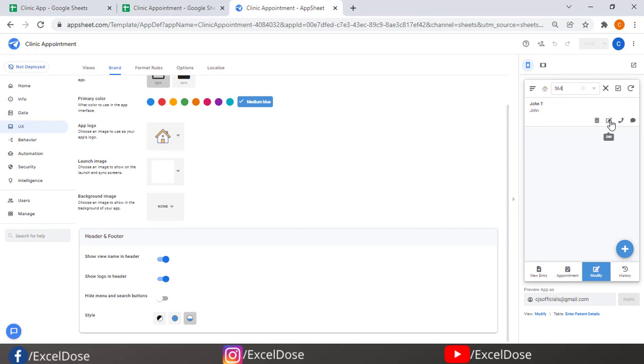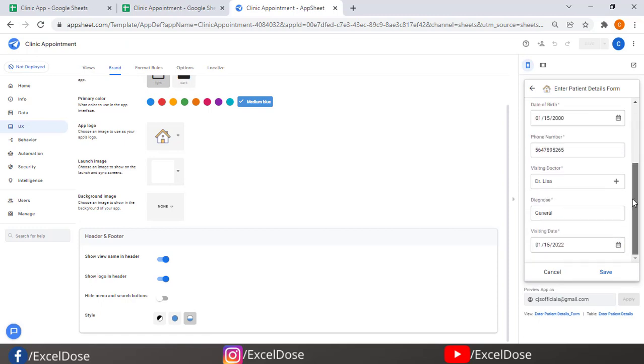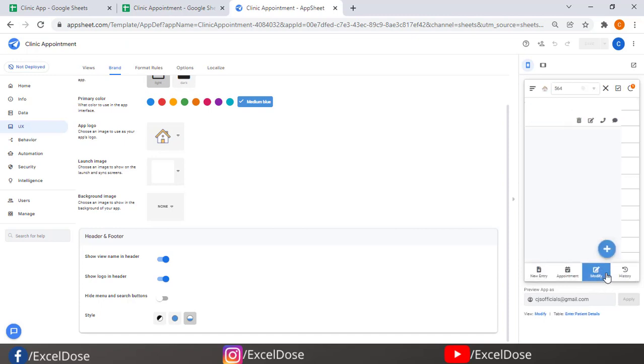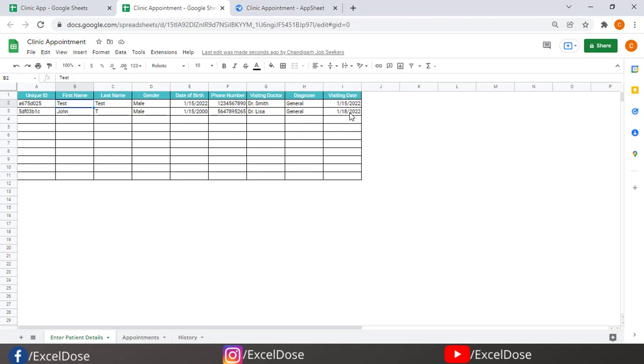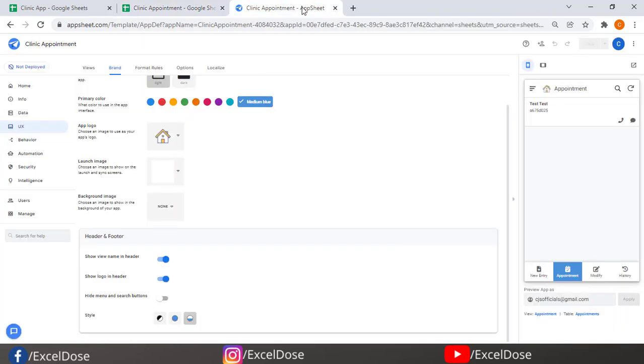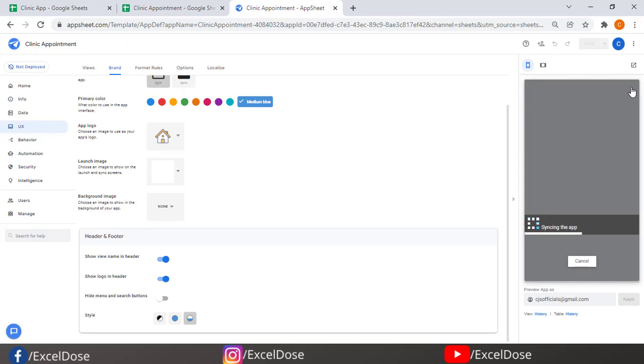We'll simply click on edit and then change the date to 18, and then we'll save it. So let's see if it was removed from the appointment section also. Yes, it was removed from the appointment section. In the backend also the date has been changed. Now we have to test if the history function is working or not. For that I will change the date to 13 in the backend to just see the history. Now we'll click on history and let me refresh this app.